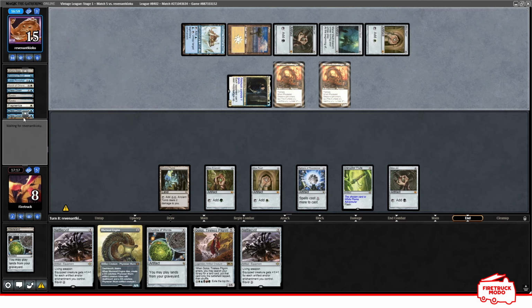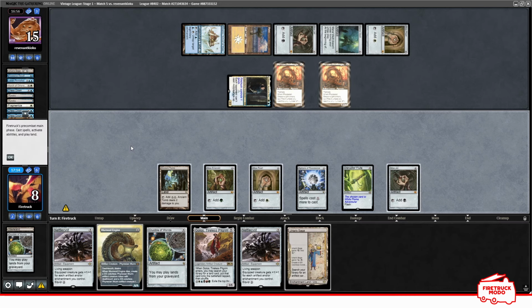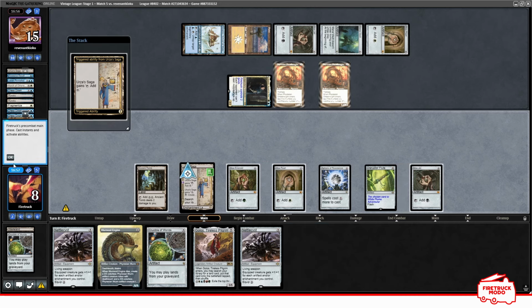Okay, so they're not on Lurrus because they've got... They're not on Lurrus. Fuck, right. Urza's Saga doesn't cast Wormcoil Engine, which means I can't gain lifelink. Which means I'm definitely dead. I'm pretty sure I was dead anyway, but I was just going to let Magic Online do the counting for us. So...